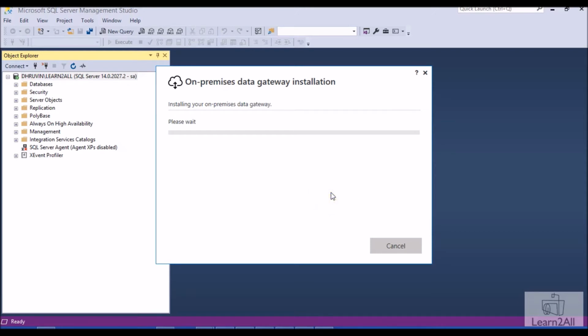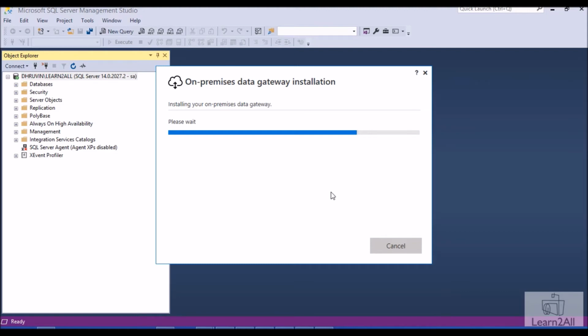One more thing that I want to inform you is that the same standard gateway you can install using PowerShell as well, where you don't need any interaction on the screen. So I have created a separate video to install a Power BI data gateway using PowerShell. The links are available in the description box. So you can walk through that video, and you can also install the gateway using PowerShell if you are an administrator of your organization and you don't want to go through every next step for each server. You can easily run the PowerShell script and install the data gateway.